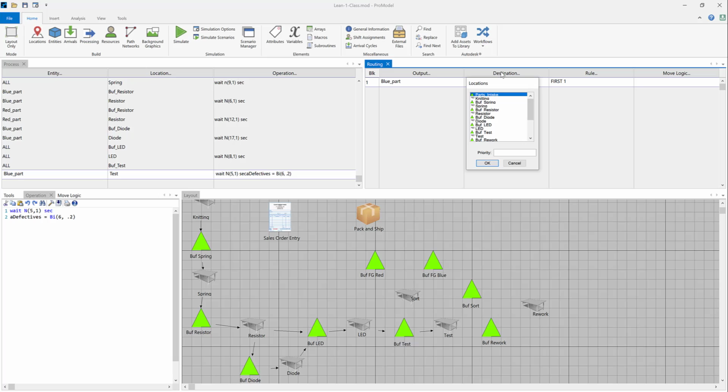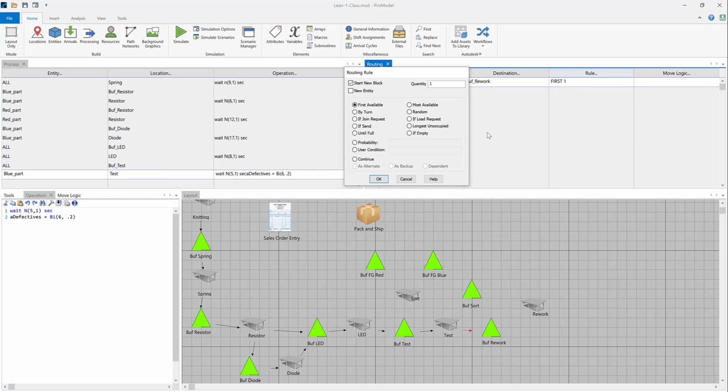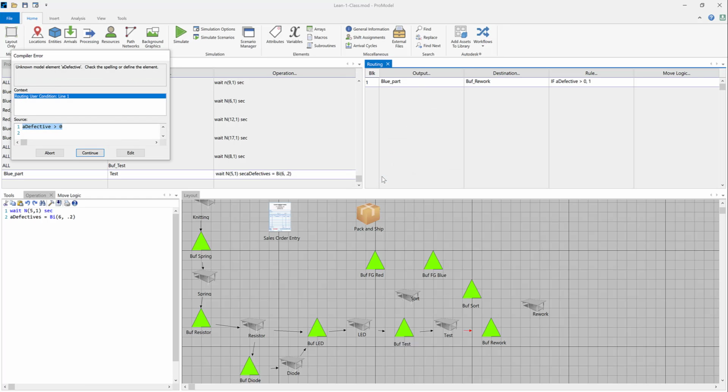So say destination buffer rework. Now you say user condition. Okay, what is the user condition? a defectives greater than 0. If you have any defectives, then you should go to buffer rework. Okay. Otherwise,